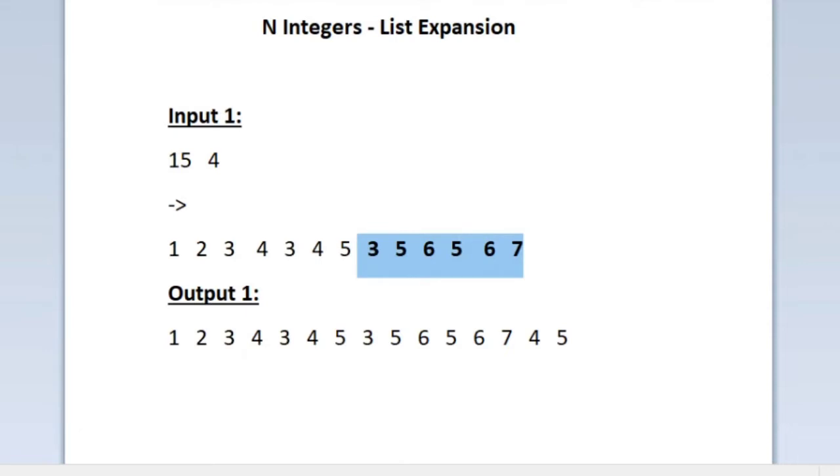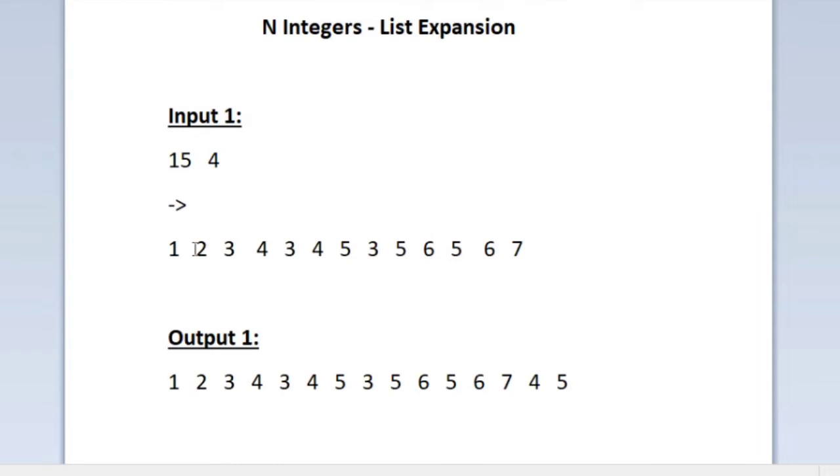So now we should take the third integer, because already we have used the first two integers. We should take the third integer 3 and add it with all the remaining integers except 3. So the first integer in the new list would be 3 plus 1, which is 4, and then the second integer in the new list would be 3 plus 2, which is 5, and then the third integer would be 3 plus 4, which is 7, because we should not add the 3 with itself, and then 3 plus 3 is 6. So like this the list expansion keeps on going on, and in this list expansion our task is